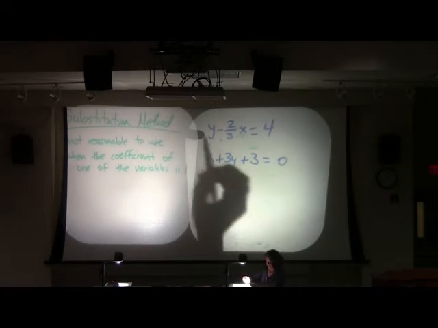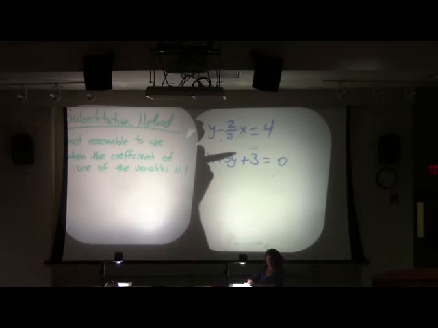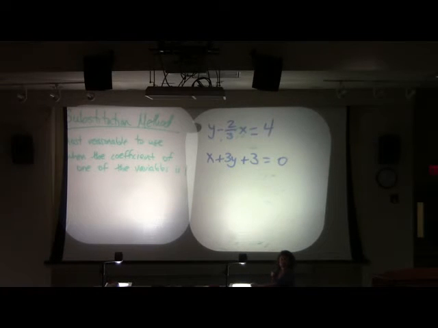I'd be willing to use the substitution method because notice in my top equation I have a 1 in front of my y, or alternatively, in my bottom equation, I have a 1 in front of my x. Those are the only situations where I would want to deal with it, because I really like that other method a lot. But here's how we do it.